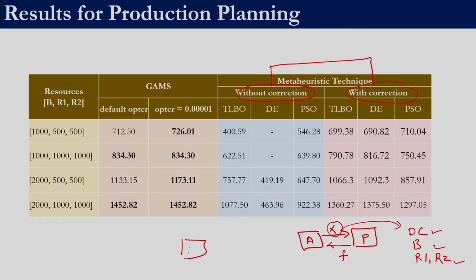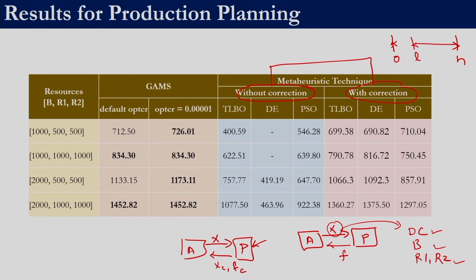whereas in the correction approach, our algorithm would still send only the decision variables, whereas our problem statement would send back the corrected decision variables and the fitness function corresponding to it. So here, in the problem statement itself, we corrected for the domain constraint. For the domain constraint, if you remember, for the meta-heuristic technique the bounds are between 0 and h. It can give any value between 0 and h, whereas in our problem we had this constraint that a value should be either 0 or greater than or equal to L and less than or equal to h. This was the permissible domain.